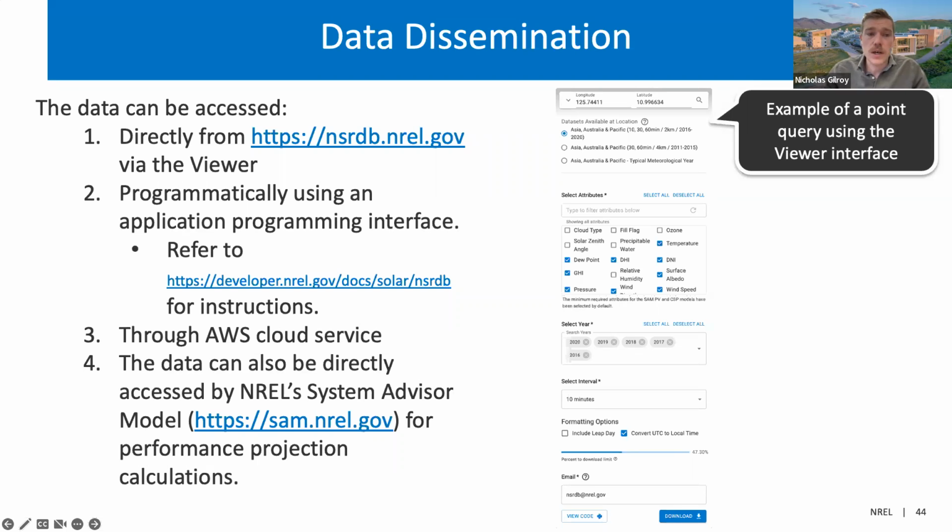Earlier this week, my team released a major update to the viewer. As a result, I'll be spending the bulk of my time discussing those updates and highlighting key workflows. As part of the revision to the viewer, we also provided functionality to assist in generating queries for the API. And finally, I will briefly mention OEDI and when a use case would warrant that data access approach. So let's jump into the updates.